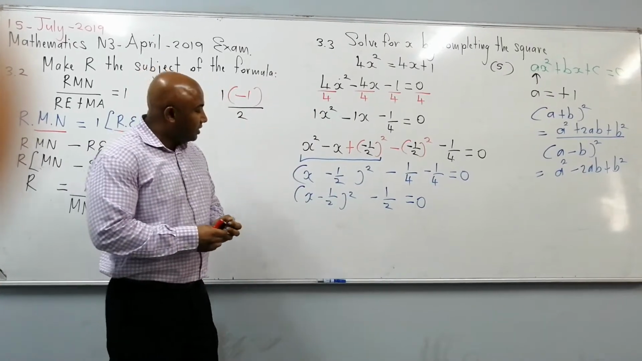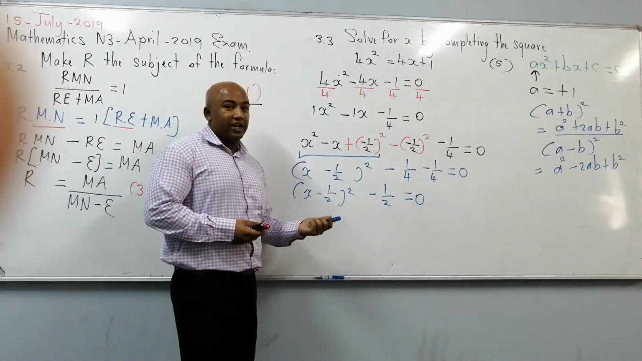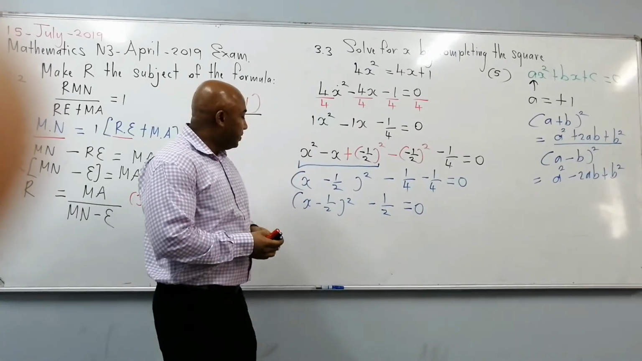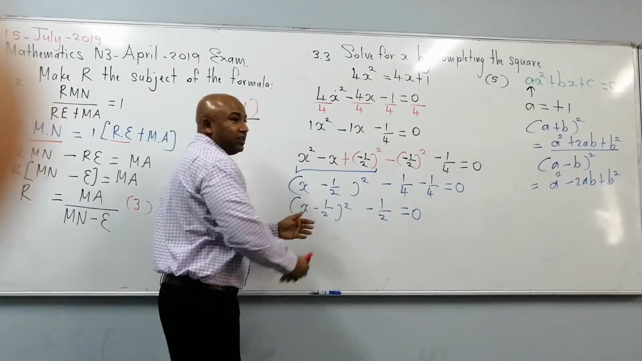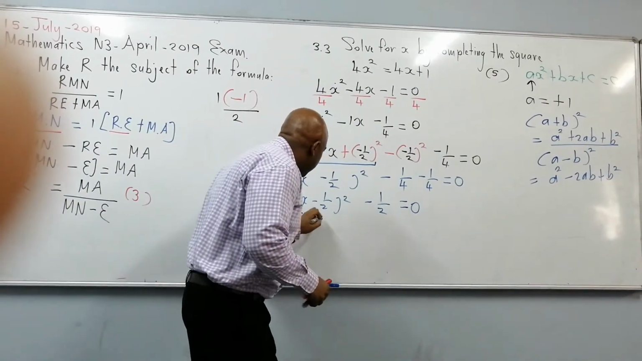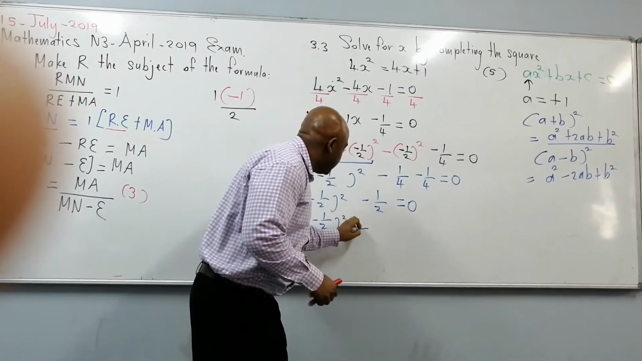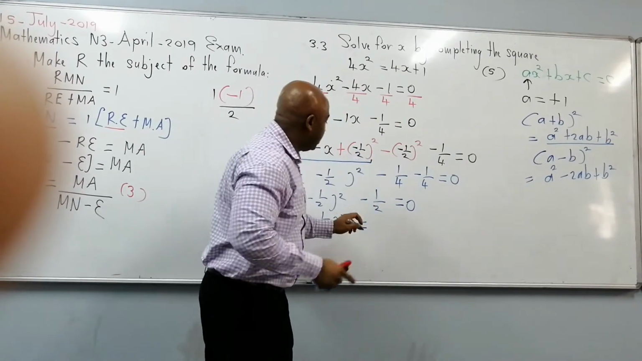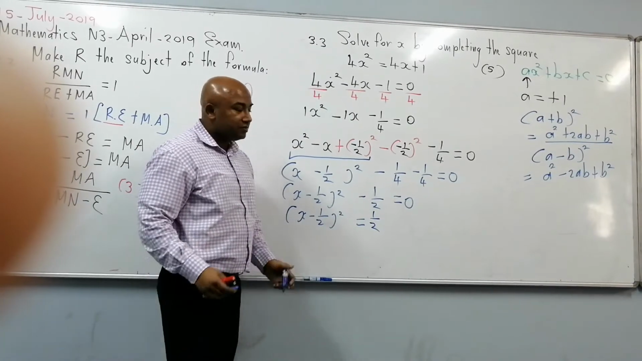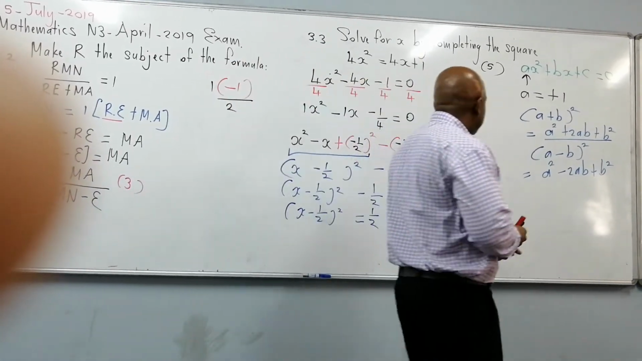Right, so now we want to solve for x here. This is completing the square, but you want to solve for x. So what we want to do is keep this term on the left-hand side, keep it alone on the left. So that's going to be x minus 1 over 2 all squared is equal to, if I take minus 1 over 2 to the right, it's going to be 1 over 2. Okay, so now,